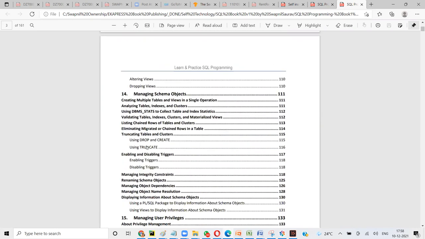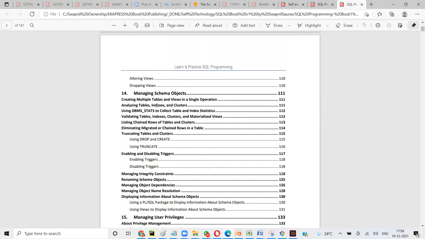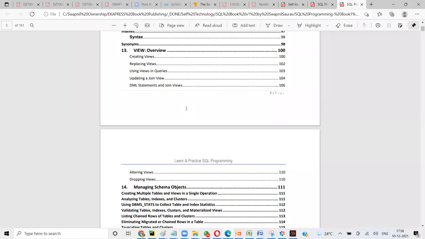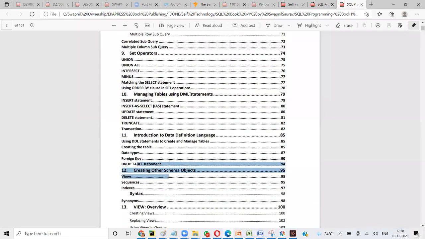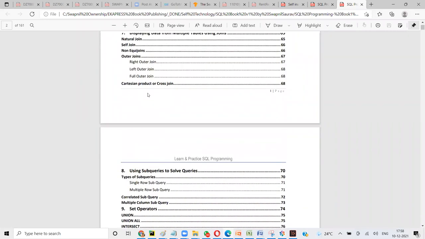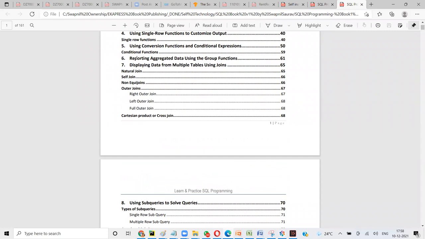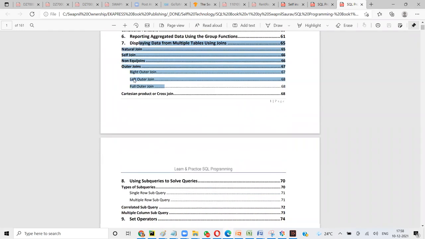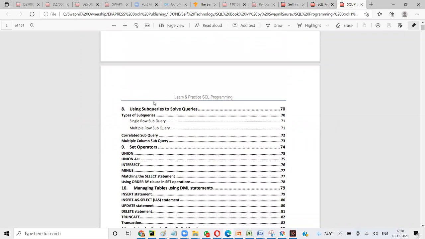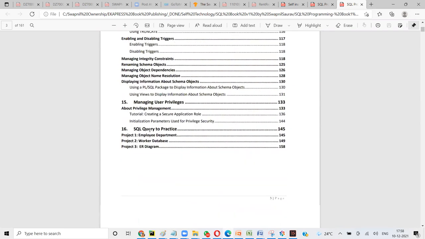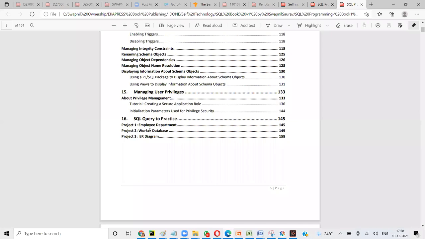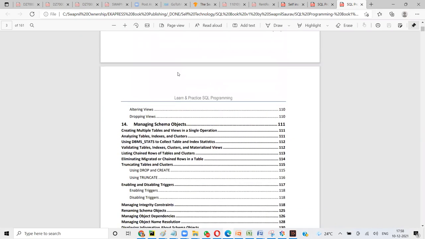Then we have other schemas. We will talk about it. Okay, so how many topics are left? We have done chapter 6 today, right? So displaying data from multiple tables. We'll talk about join, not tomorrow, right? Next Thursday. So we'll talk about join, and then we'll talk about subqueries. And following week we will do set operators, and then we'll talk about the rest. We may not be able to do everything, but we will talk about it and finish. So next 4 classes we will wrap up. Is that fine? Or you want to do more?